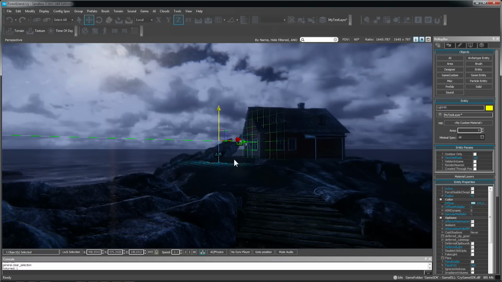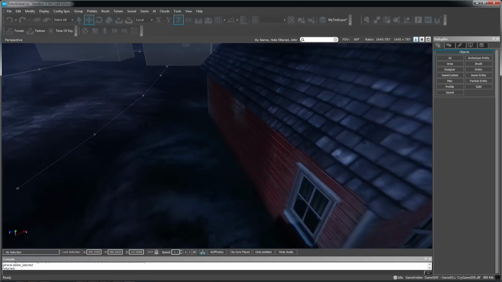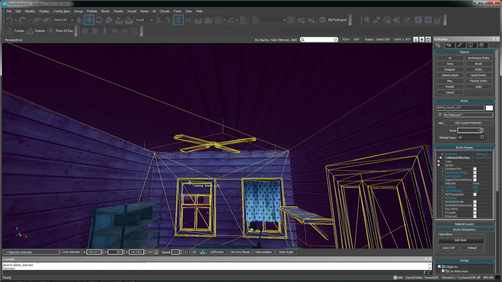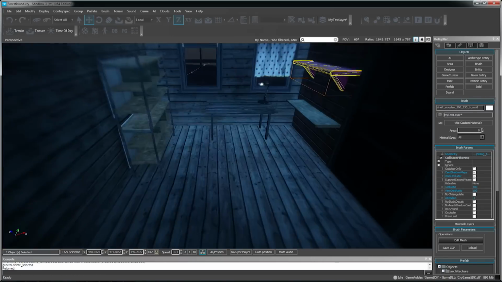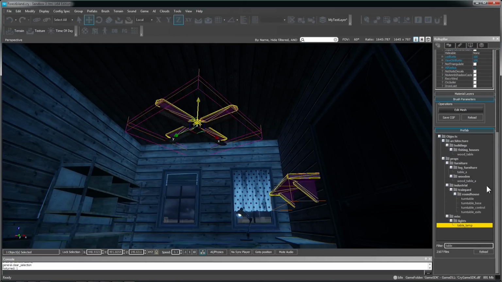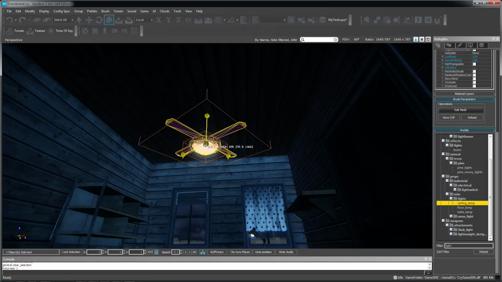First, I'll select the house and press F to freeze it again, if it isn't already. Now let's fly into our creepy living room and add some interior lights. Now I'll select the ceiling fan and press Ctrl-C to copy it straight down. Now I want to swap the copied fan out for this ceiling lamp model, and I'll also scale it down